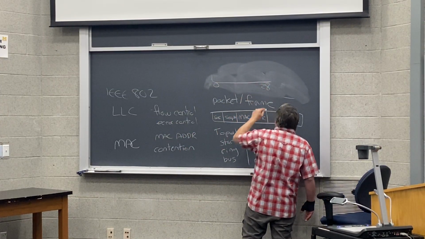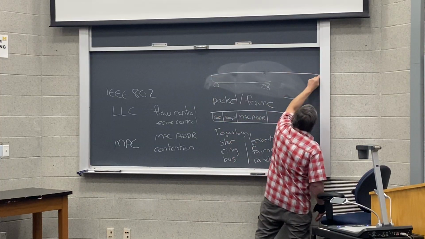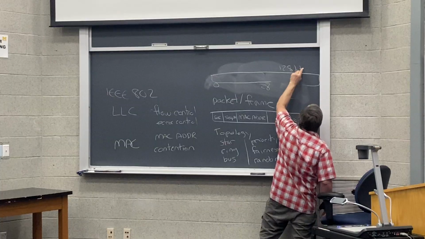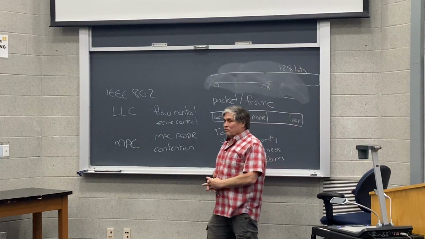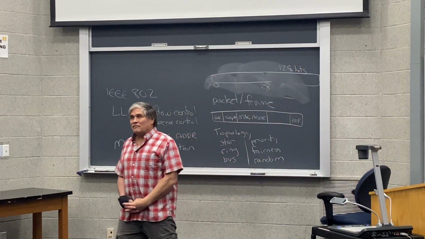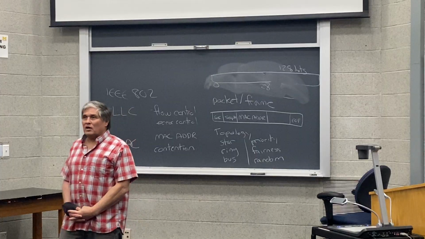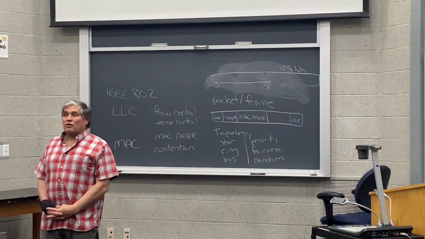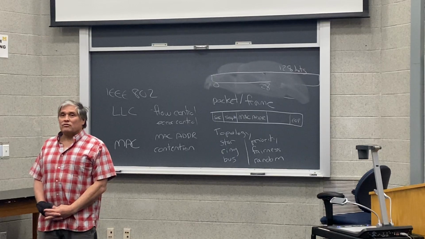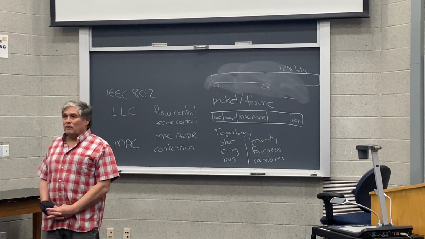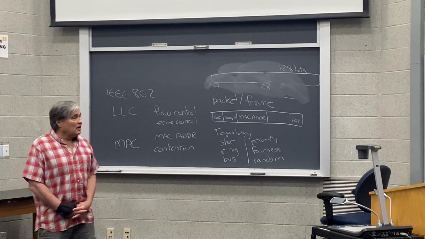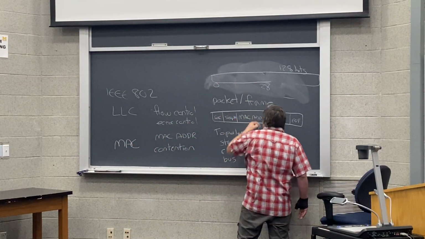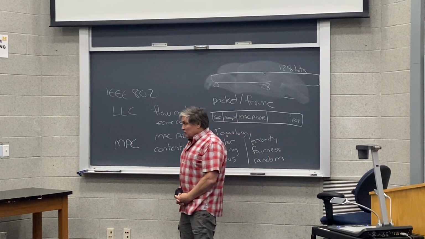And so in CAN, the arbitration occurs over the first 29 bits of the CAN packet. The CAN packet is up to 128 bits long. 64 of those bits are data. You can have 0 to 64 bits of data. Bits, not bytes. And the other 64 bits are overhead. There's a CRC field, there's a start of frame, there's a 29-bit identifier. And this 29-bit identifier is where you can actually have effectively collisions,